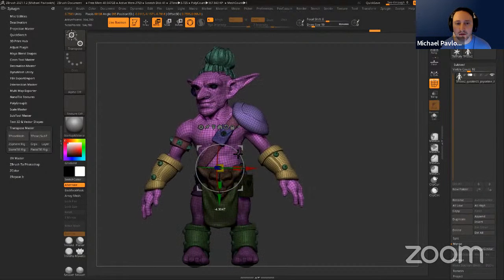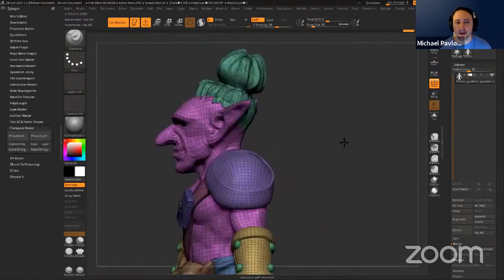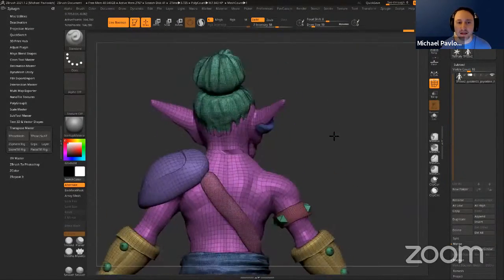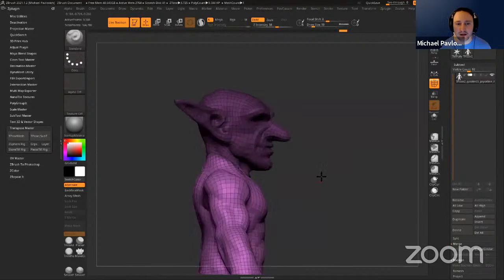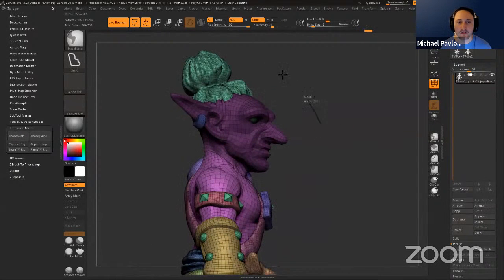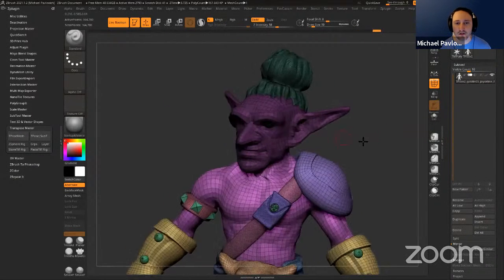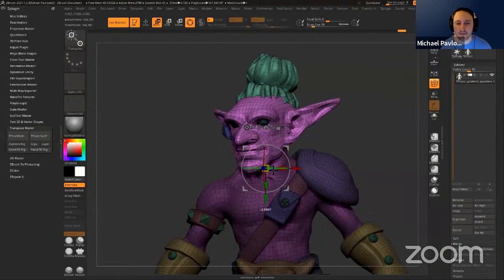That's where all of that kind of starts. So if I want to do a little contrapposto pose with him, maybe drop that shoulder and raise that hip or whatever I want to do. And then I'll go through here. I'm just having a hard time getting a clean line through here. But basically go through here, Control Tab, I want to blur that mask. And then now I can get a little bit easier reach for the rest of these, and then invert that